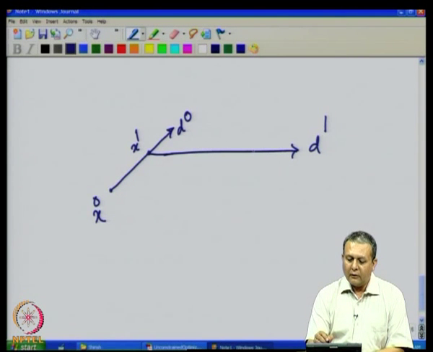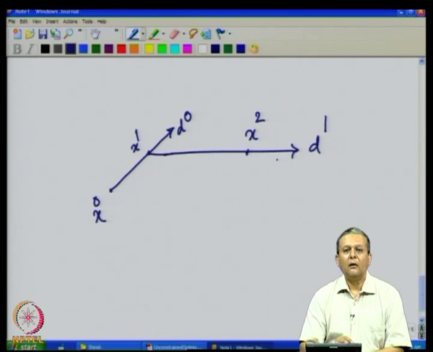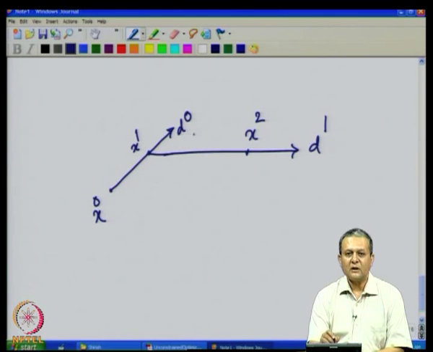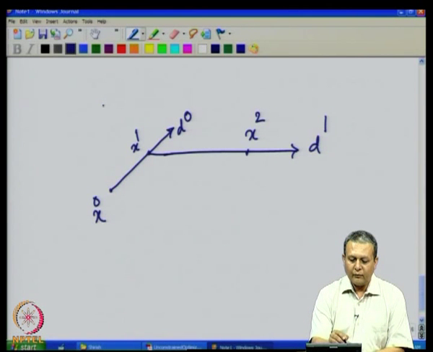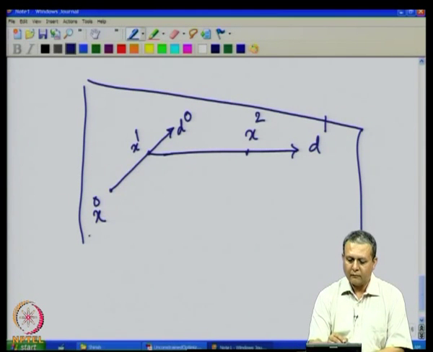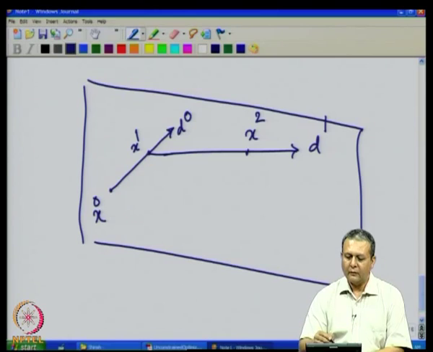The claim is that when we find x2 by doing exact line search along the direction d1, we have minimized the function f in the two dimensional space spanned by d0 and d1. So, that space, let us denote it by this,